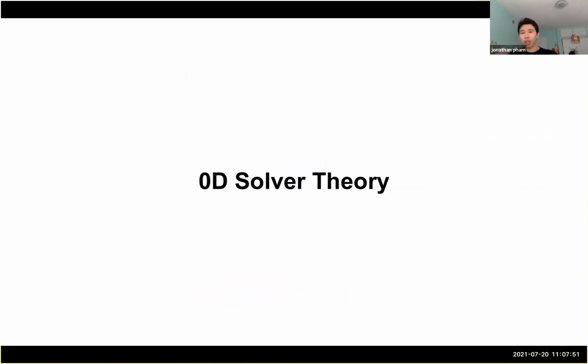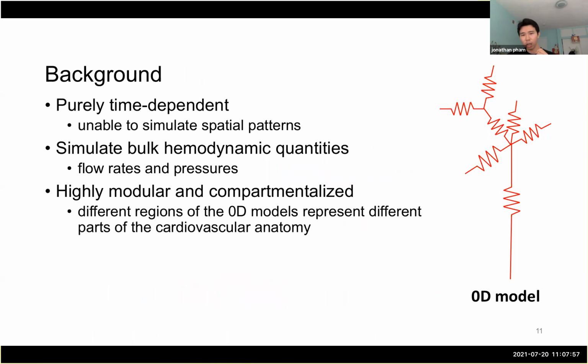So that briefly covers our background on the 1D models. Now let's quickly talk about the theory and background of 0D models. So 0D models are lightweight methods to simulate bulk hemodynamic quantities in the cardiovascular system. And unlike 3D and 1D models, 0D models are purely time dependent. They can only simulate global flow rate and pressure quantities, but